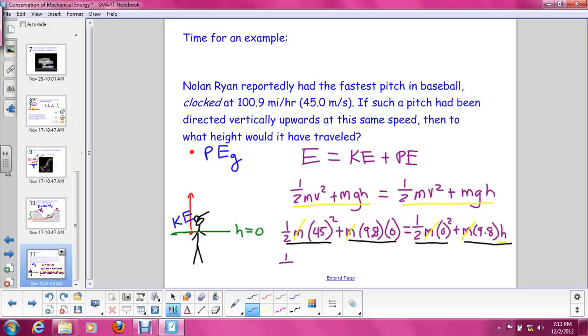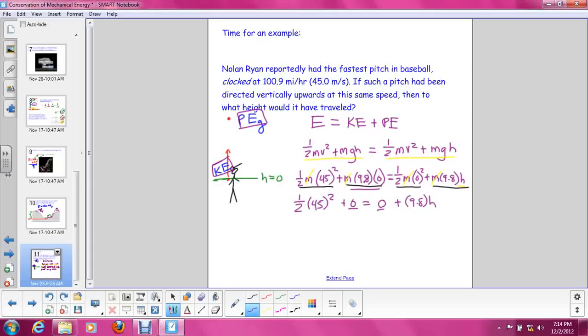So now we rewrite it to simplify, and we have 1/2 45 squared. This whole thing goes to 0 because we have 9.8 times 0. The whole kinetic energy bit on the second position goes to 0 plus 9.8 times h. And that makes sense, right? We determined that at this beginning position, the energy was all kinetic. There was no potential. And that is reflected here. In the second position, we said it's all gravitational potential and no kinetic, and that's also reflected here.